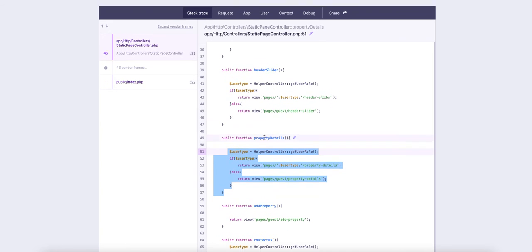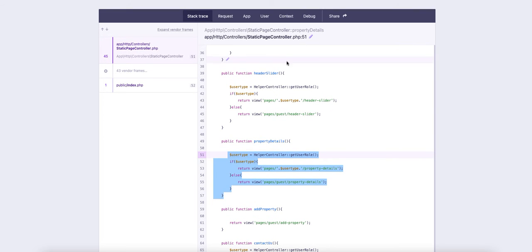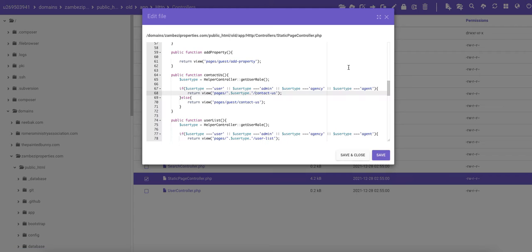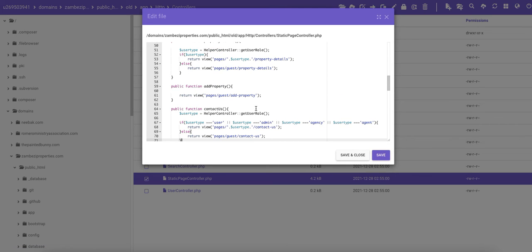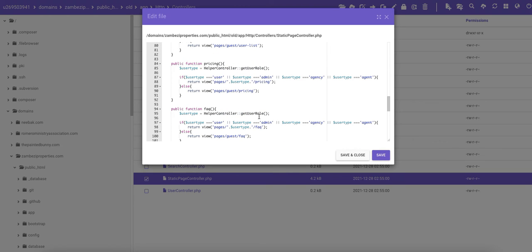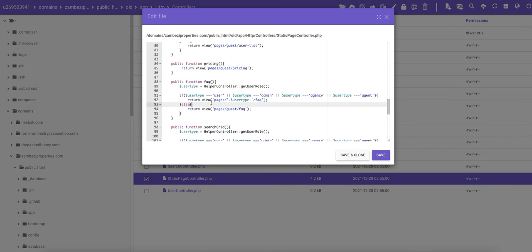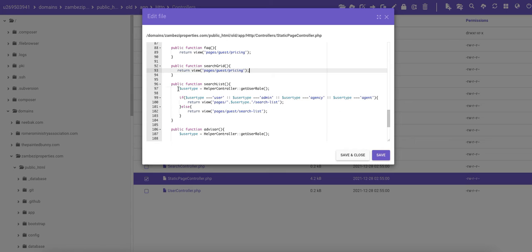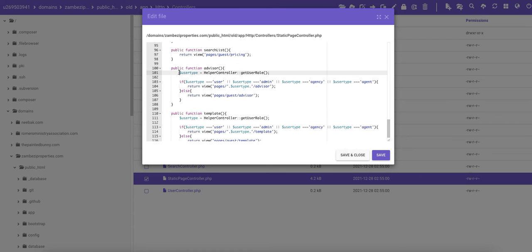We're going to change it in the static page controller, property details. Let's see what's happening there. This code shouldn't be available. Property details, pricing. So we just want to return this like that, if we're going to ask questions like that. Search grid like that. Search list. Okay, so we have much more,